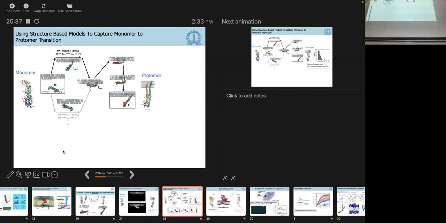If we start from the left here, about 100 replicates were carried out. For 80% of the time, you start with this IM1 intermediate with the beta tongue inserted. The rest of the time, you find that the alpha A1 helix inserts to give you a second intermediate, which we call IM2. There's some transition between IM1 and IM2. Finally, it goes to this membrane-parallel version, where the entire protein now sits on the membrane.